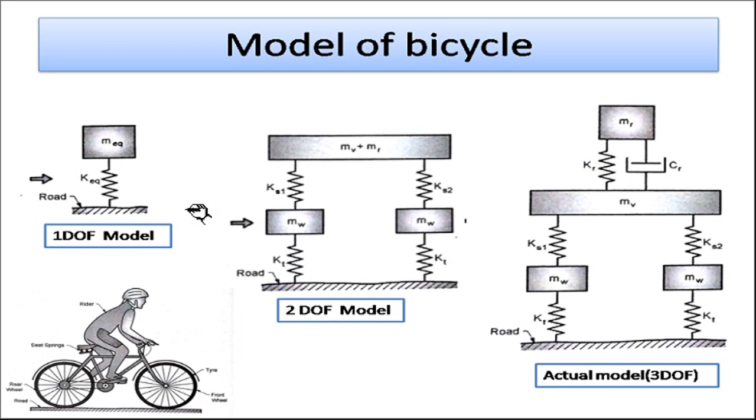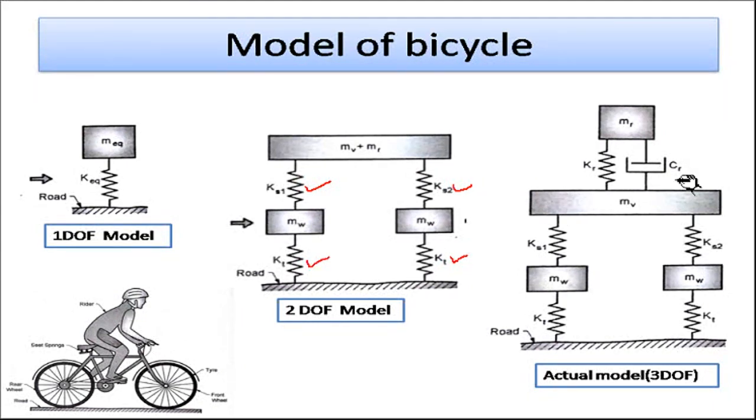Now I have to go for a detailed analysis of this. So I can specify the tire, meaning rear tire and the front tire stiffness over here, okay, and then seat stiffness over here, and if I consider there are two springs in the seat, definitely always there are two helical compression springs generally provided on the seat. So two springs are here, and this is nothing but the mass of the vehicle and the mass of the rider, meaning total mass is considered over this, which is going to act over this particular seat spring, okay, and this mw is the mass of the wheels, front wheel and the rear wheel. So these are the masses of the front wheel and rear wheel, and this is the mass of the vehicle and the mass of the rider.